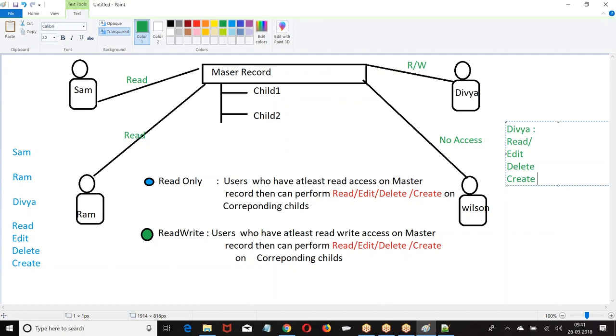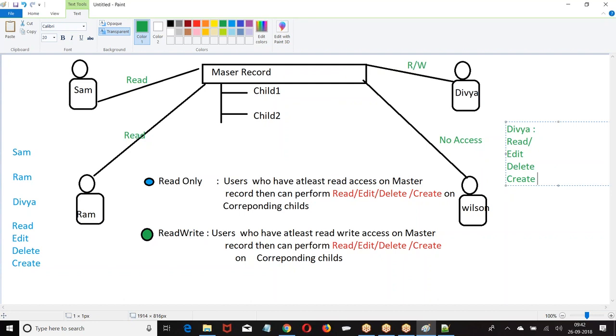Why? I told you, users who have at least read permission on master can perform read, edit, delete, create on corresponding child records. If I choose the second, users who have at least read and write permission on the master will get read, edit, delete and create operation.